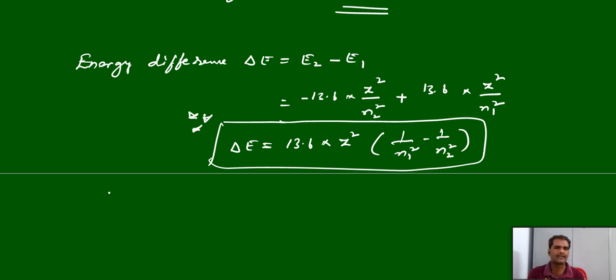This is also a very important part. Here, just now we have calculated the ionization energy. Ionization energy means n2 is infinity and n1 is 1. So 1 by n1 square minus 0 is 1. For hydrogen atom Z equal to 1. So you will get 13.6 electron volts. If they ask for helium, in place of Z you have to write 2. If they ask for lithium, you have to take 3, and so on. For Z, the atomic number, you can substitute. For hydrogen atom this is 1. Directly you will get 13.6 electron volts, which is the ionization energy for hydrogen atom.